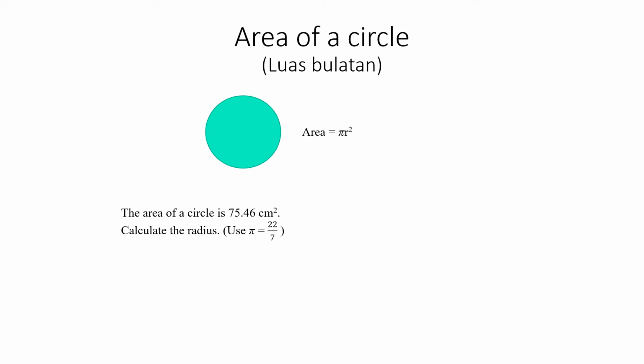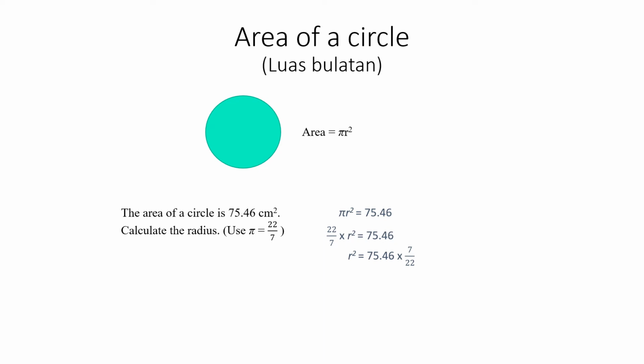Okay, first, it is given that the area is 75.46, and we know that the formula for the area is pi r squared. So pi r squared equals 75.46, and pi is 22/7. So 22/7 multiplied by r squared equals 75.46. And r squared is equal to